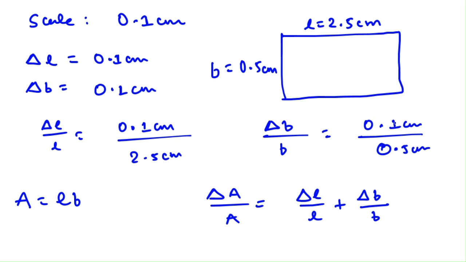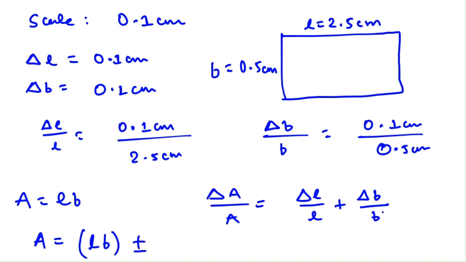So these two things we can add to get relative error in this thing. So this way you can report area equals to whatever be the L into B, that will be 2.5 into 0.5, and I think it will be 1.25. So that value and plus minus,